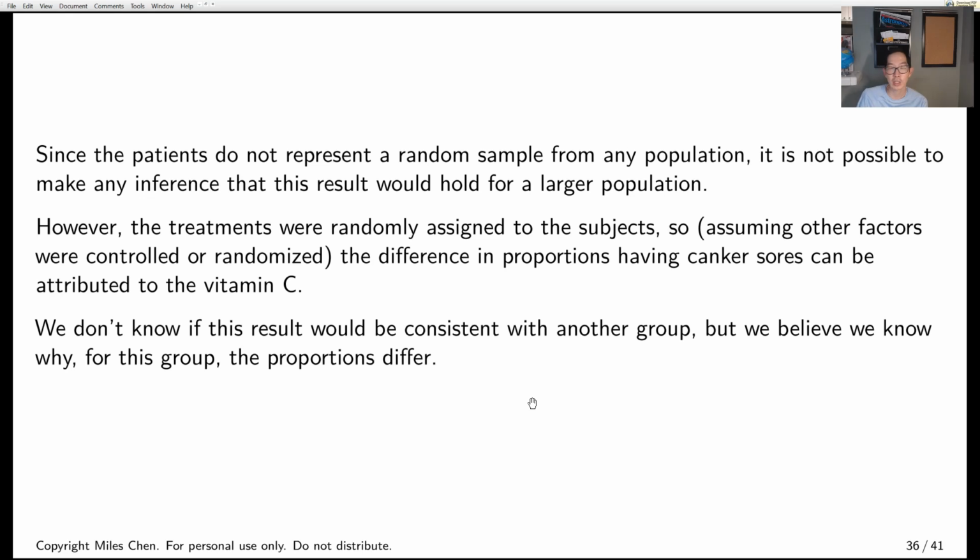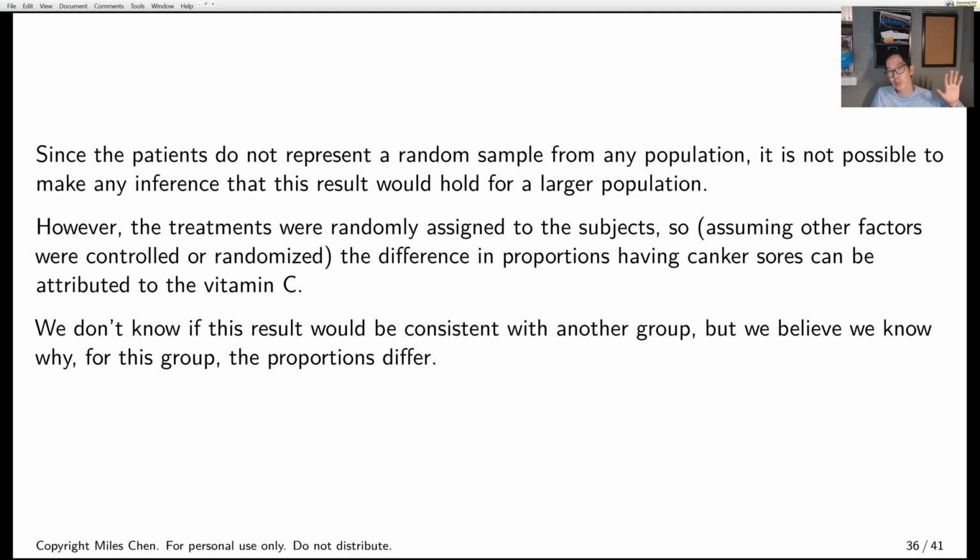Okay, so again, not a random sample, so we can't generalize to a larger population. Okay, but this time the treatments were randomly assigned to the subjects. So, assuming all of our other factors are controlled for, then the difference in proportions can be attributed to the vitamin C. Because the general idea here is because we randomly assigned the people to the two groups,